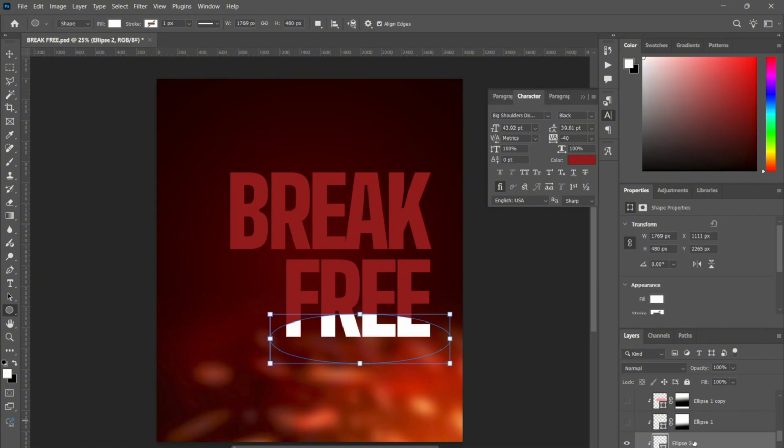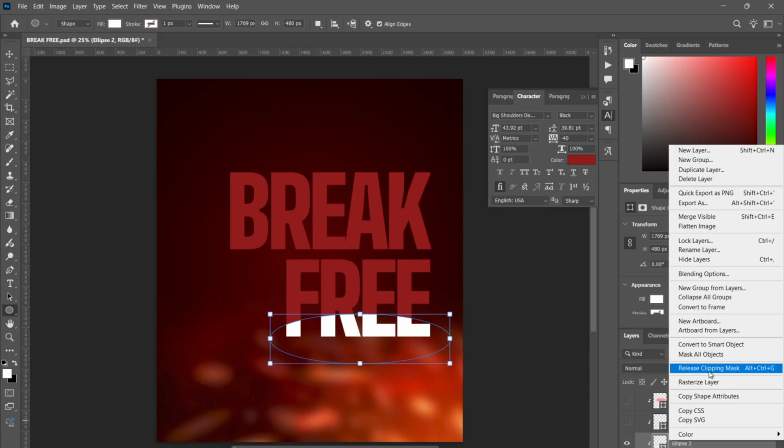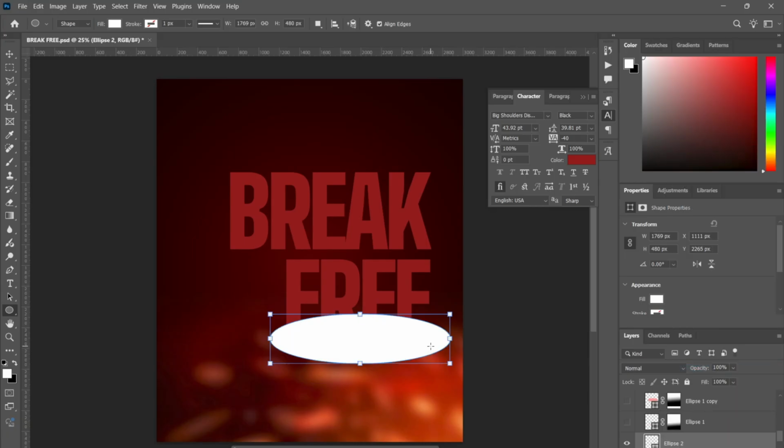Can you see this, guys? This shape is already clipped into the text. That's why it's revealing that way. This is what the shape would look like normally. It's going to look like a normal shape like this, and then you click your selection tool. The next thing you want to do is to click